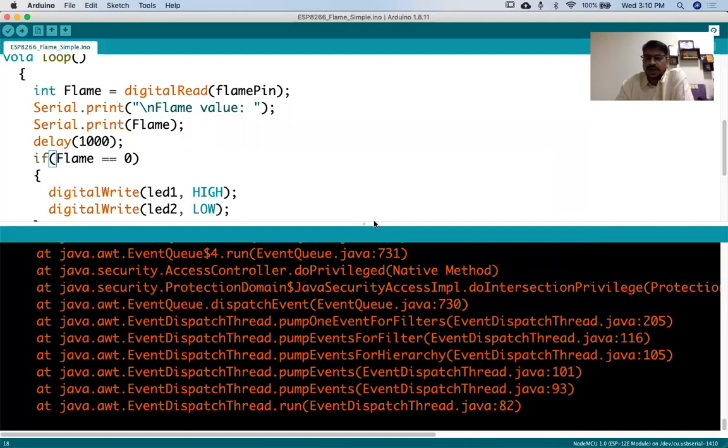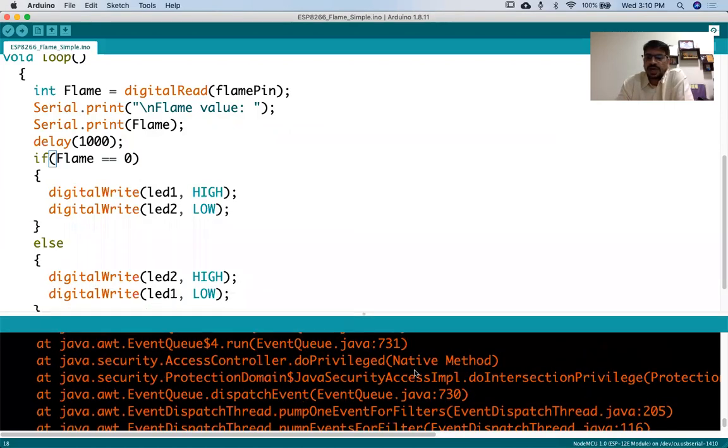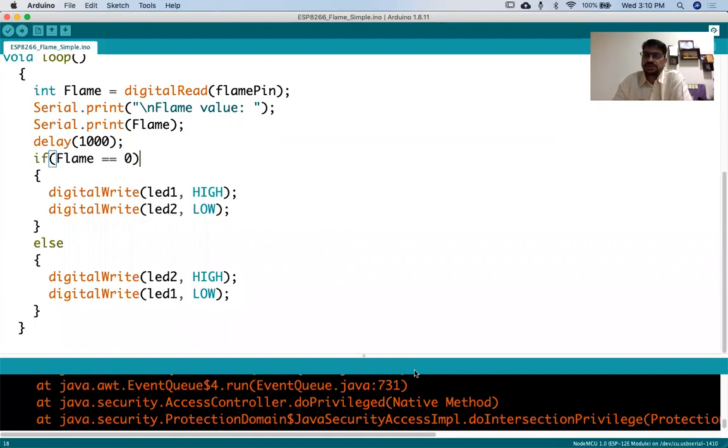And why are we doing that? Because through the cloud only, or through the internet only, we can meet our requirement. What is our requirement? Can I monitor the object remotely, or can I control the object remotely? Is it possible to do it remotely? It is possible if we are using the internet.